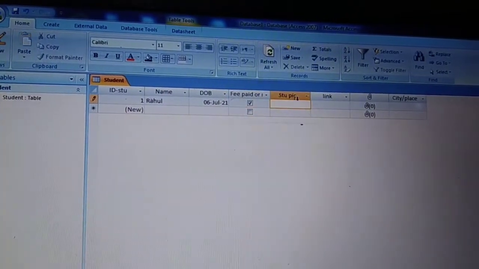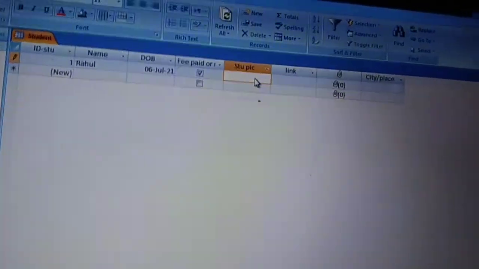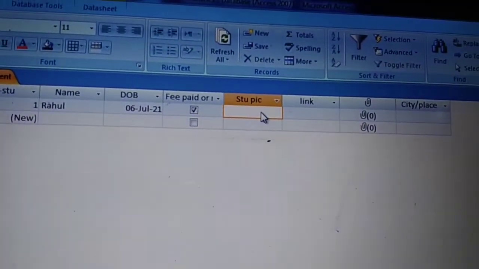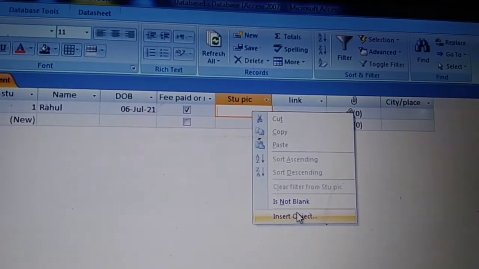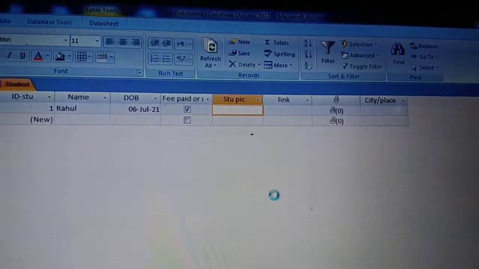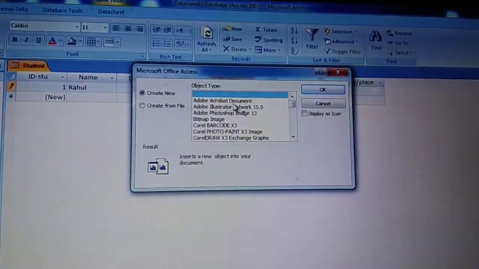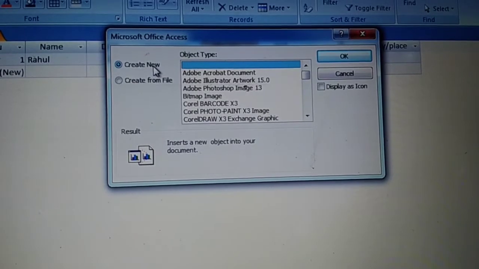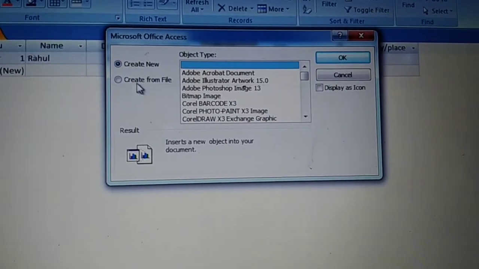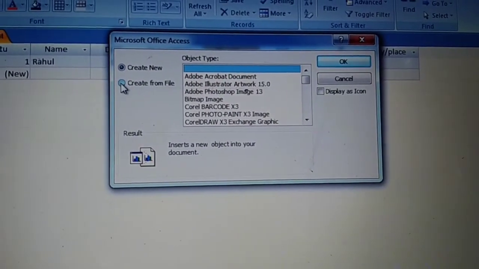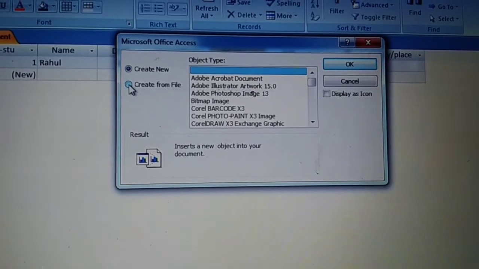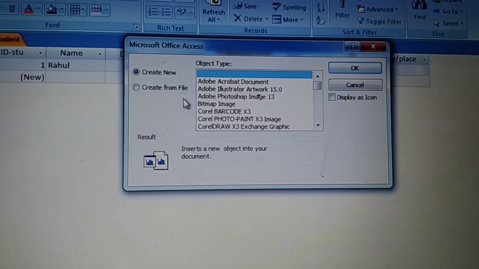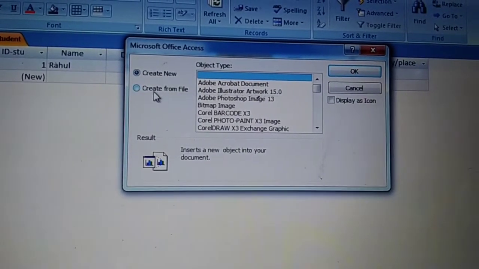Now student pic. Here I had taken OLE object. So in OLE object, what happens is you'll have to right click on this and then the insert object option will appear. Now in the insert object option, you can either create a new object and insert, or you can create from the file. If it is already created and you want to store from the file, then you can select this one.